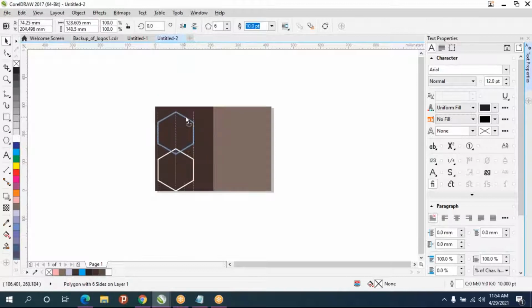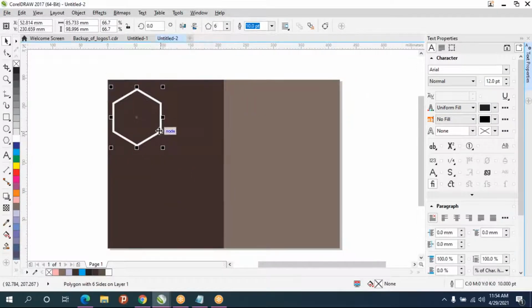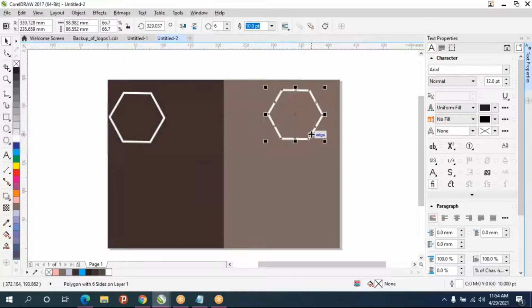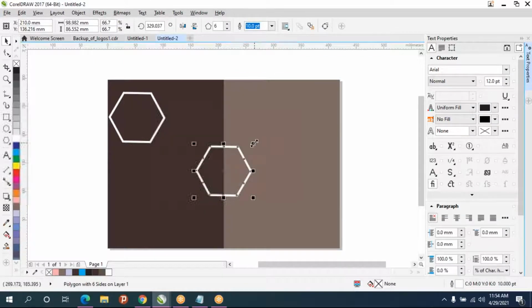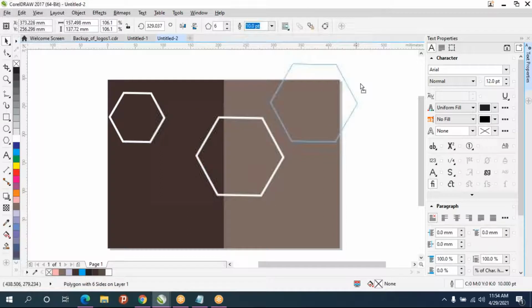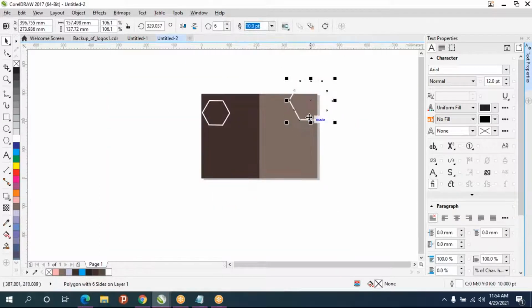So this one I'll move somewhere, and we can reduce the size, and we can do rotate. And this one I'll duplicate, Control D, take pick tool and move it wherever you want. I'll make it a little bit bigger, and again Control D. And rotate.